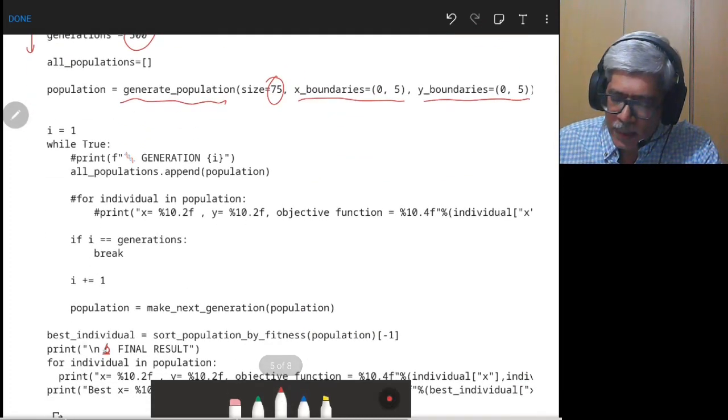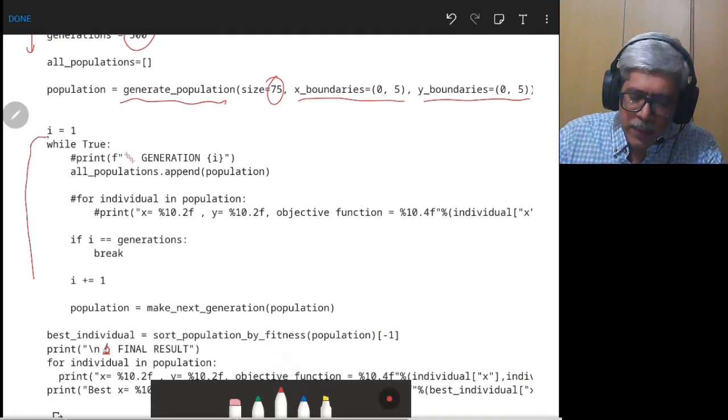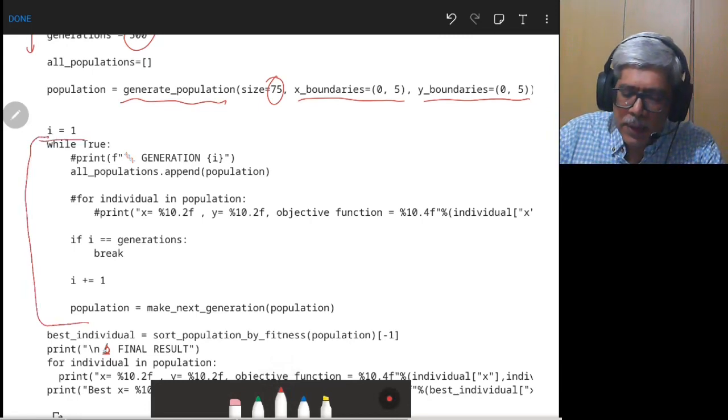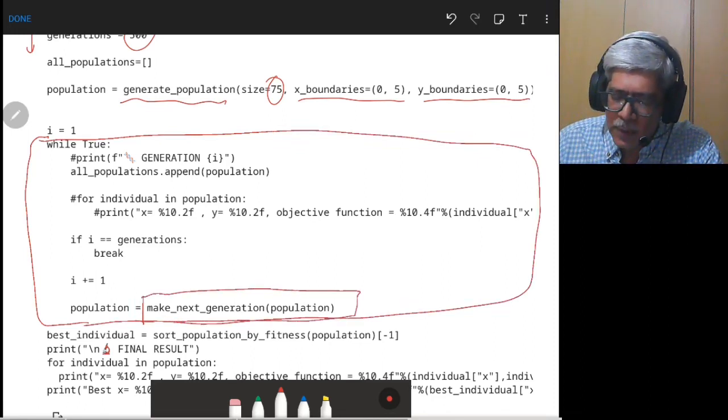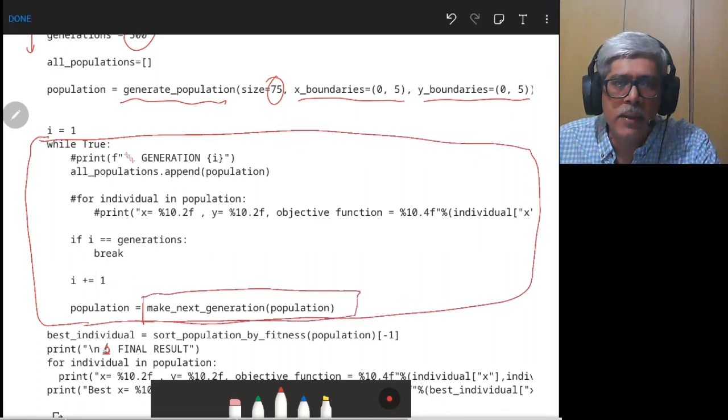Once you do that, this is the loop where the generations take place, and the main code where the new population is formed by applying the three operators, that is reproduction, crossover and mutation, is given by this particular code. So that is the heart of this algorithm.